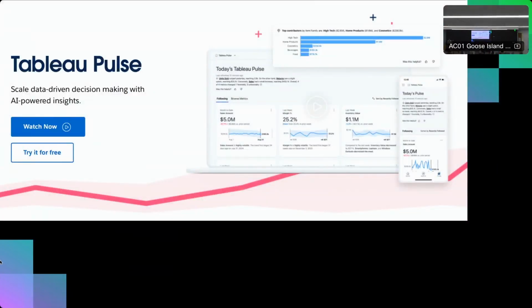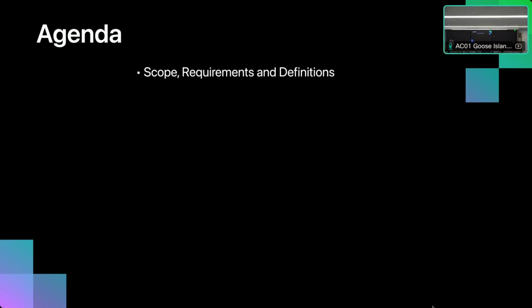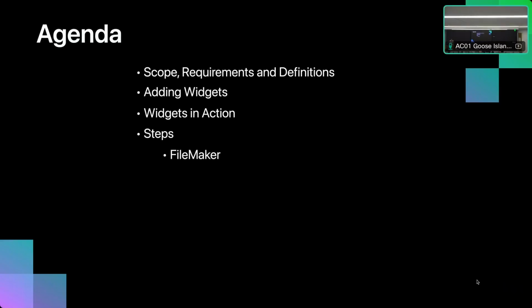And just to parallel this a little bit, because I work in the Tableau space as well, they have something called Tableau Pulse. So in a sense, these are like FileMaker insights, if you wish. We're going to talk about the scope and requirements to put these together. We'll show you how to add widgets in action, which you already saw some of. The steps involved to set this up: it requires FileMaker, it requires Claris Connect, and a free app on the App Store called Scriptable.